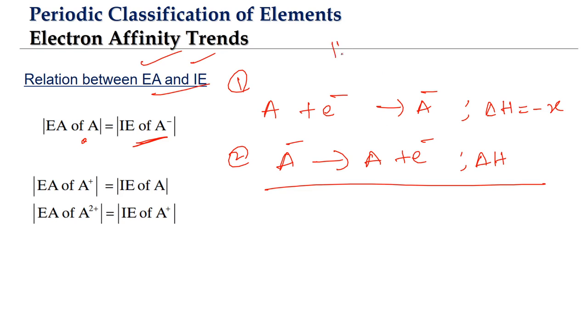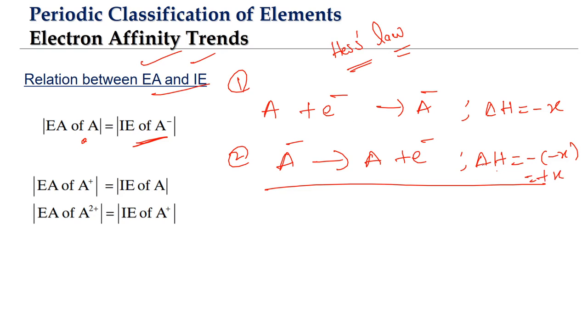So we'll learn in thermodynamics that there is a law called Hess's law, which means that if we have a reaction and we reverse it, then the enthalpy change becomes the negative of the original value. Means if we reverse the first equation, the enthalpy change for the second equation will be minus of minus X,